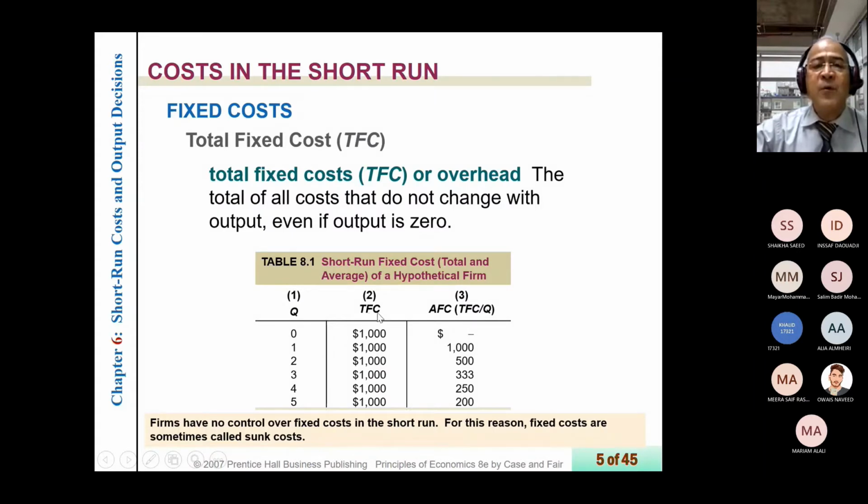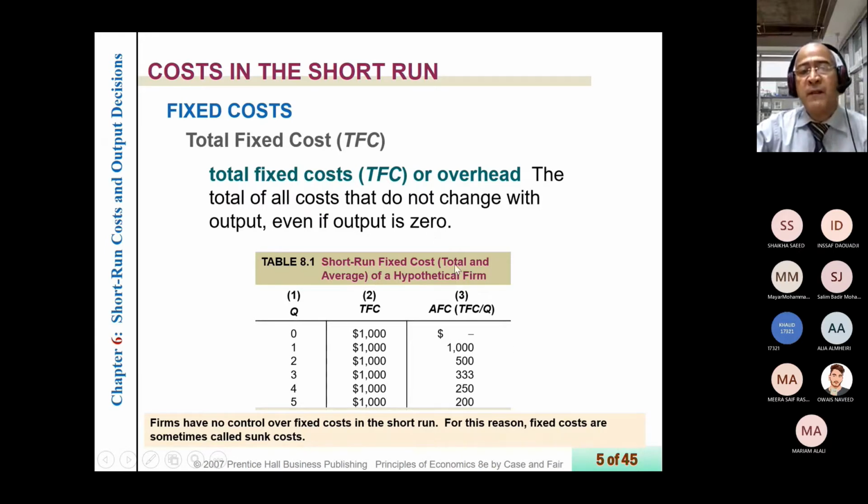Total fixed costs, which is simply the rent. So Khalid has to pay rent of 1,000 dirhams per month, regardless of the quantity produced. We call it total fixed costs or overhead, also called sunk cost, because we cannot avoid